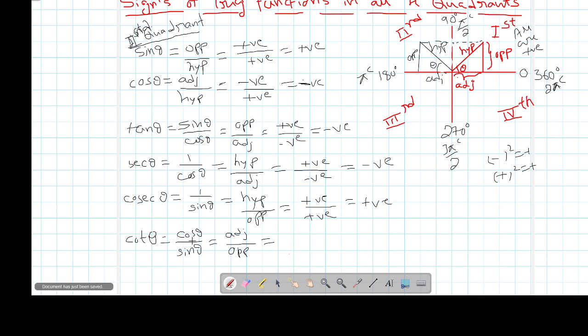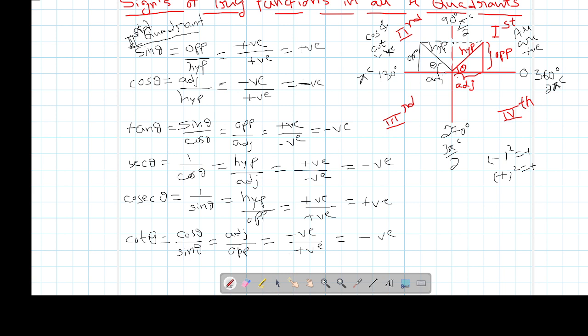What about cot theta? Cot theta is the adjacent side divided by the opposite side. What is adjacent? The adjacent side is negative divided by opposite, which is positive. This is minus by plus. It is negative. So observe here. Look at the trigonometric functions: cos and cot. Cos and cot are negative and the remaining are positive. Why are cos and cot negative? See, cos and cot are dependent on